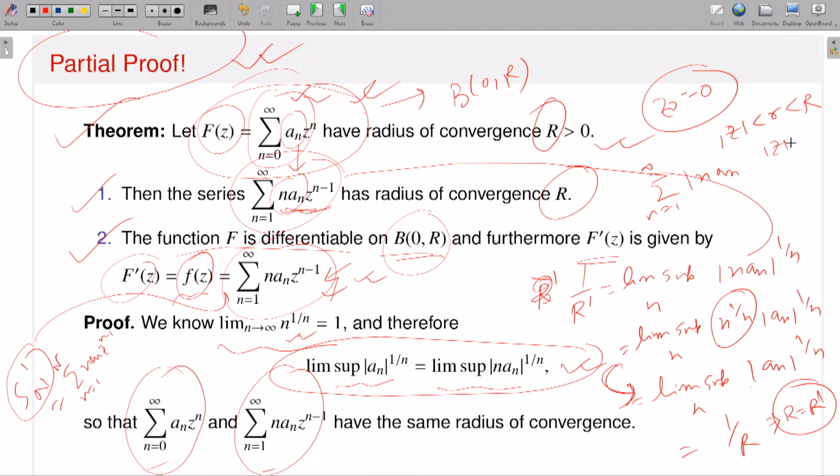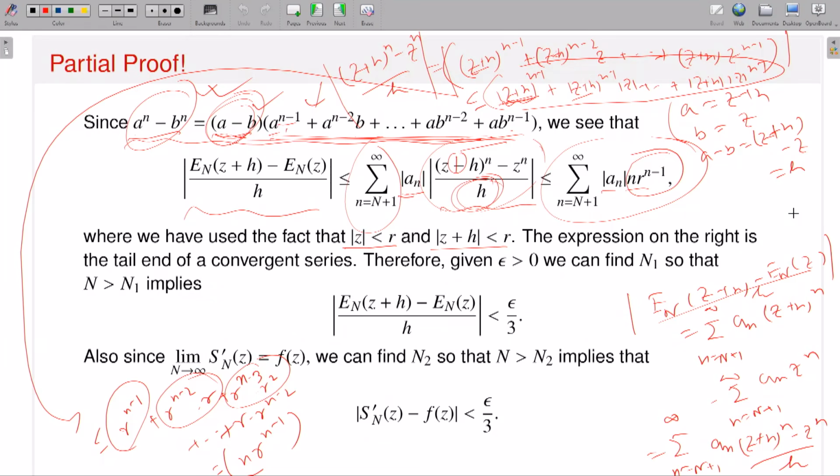And then if I just take mod z equal to r, less than R, that means mod z to the power n minus 1, which is the same as the sum from n equals 1 up to infinity of n mod a n times r to the power n minus 1. This is convergent because this series has the same radius of convergence as my original series, which is capital R, and small r is strictly less than capital R. And if I take a point mod z exactly equal to r, which is sitting inside the ball of center 0 and radius capital R, at this point my series is absolutely convergent. So therefore this is a convergent series, and this is the same as this series.